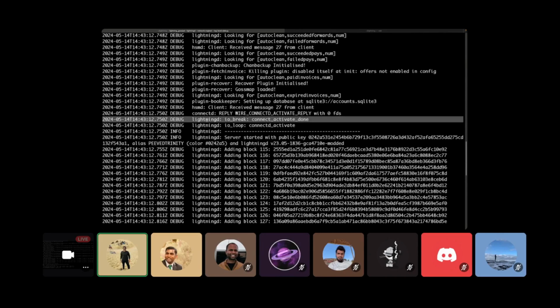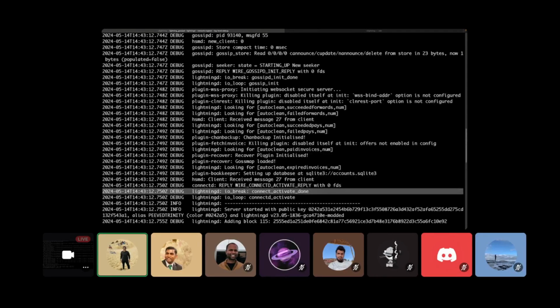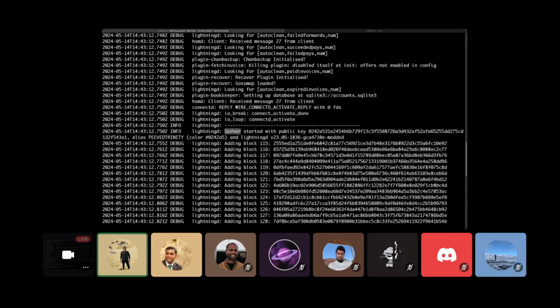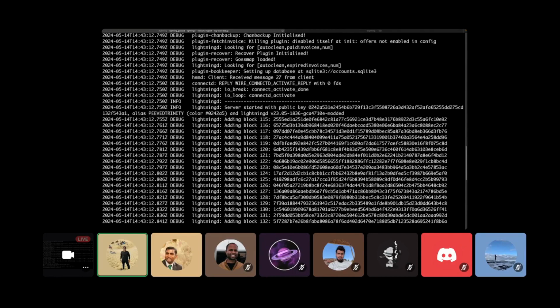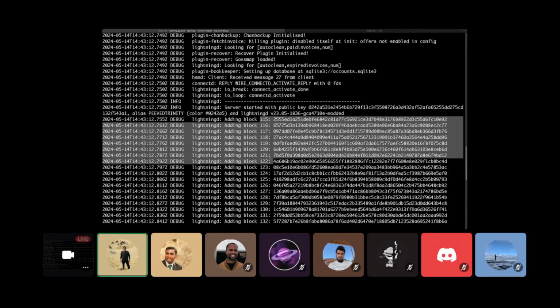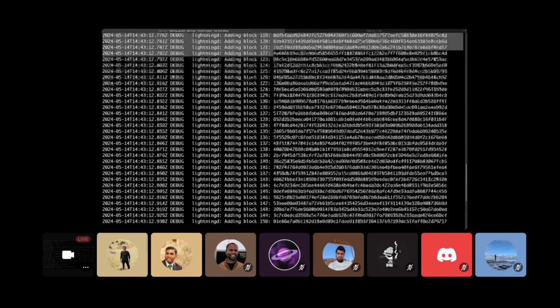Before that, it just sets up the basic configuration that is needed. So the server is started with a public key. This is our node ID, and this is our node alias, which is just the name of your node. Then it syncs up with the blockchain. It's a Reg test network, so it only has 115 blocks, which are mined on my local laptop. So it adds all the blocks,